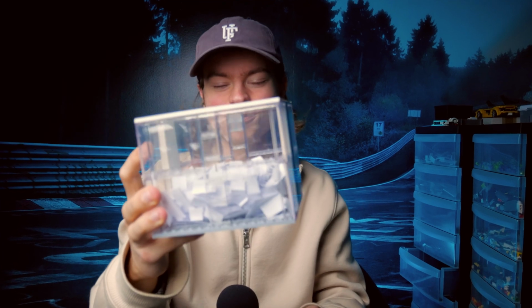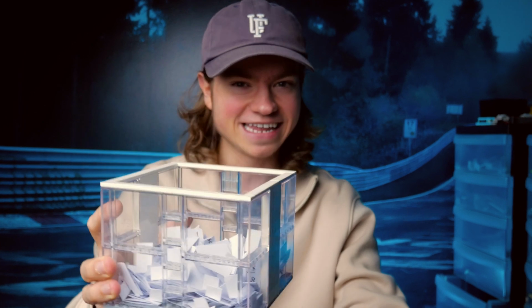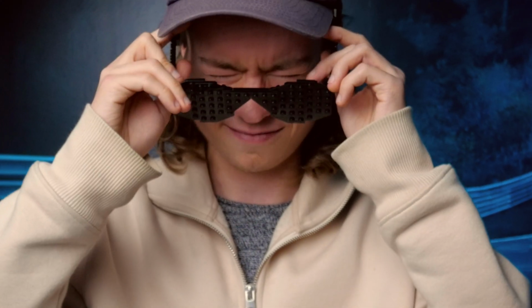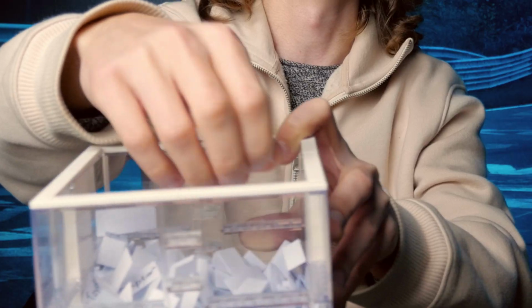Alright, so here's a box with I think most of your requests, and today I'm gonna randomly pick one and then design whatever model I pick. So now let's put on these very random Lego glasses, and I'm so excited for this. Alright, so I'm gonna choose this one. The model I will be designing is...